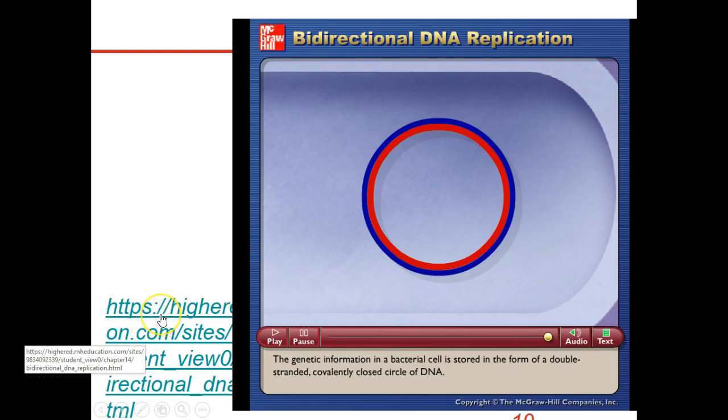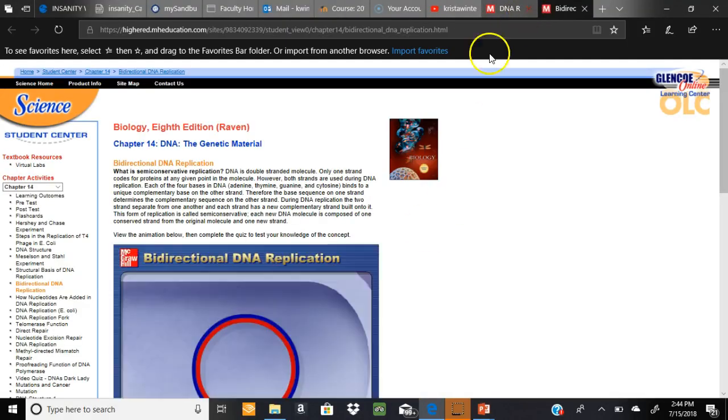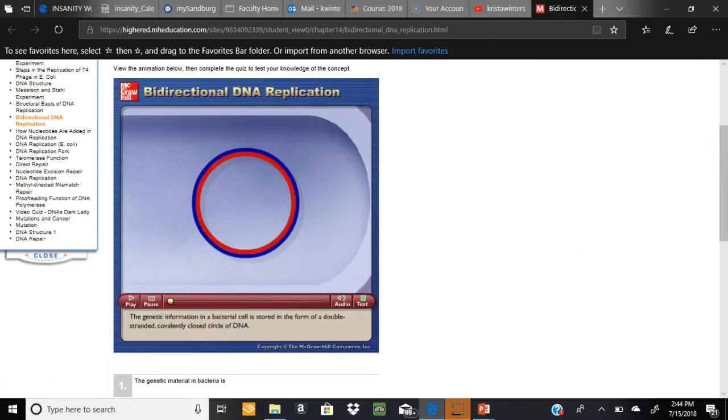And here you can see bidirectional replication. Much better than I can actually do it. So I can't draw this. So